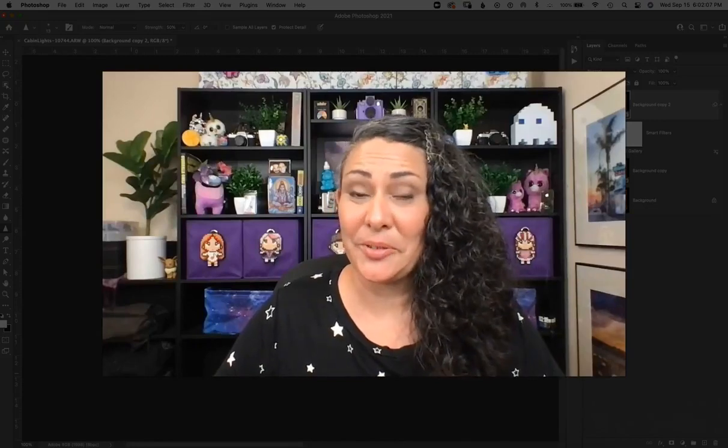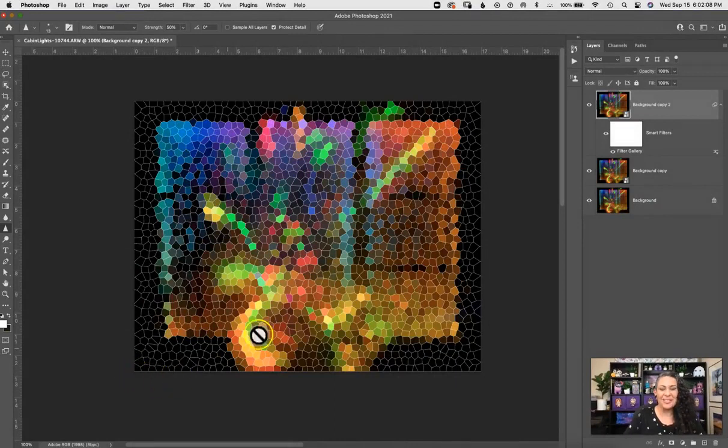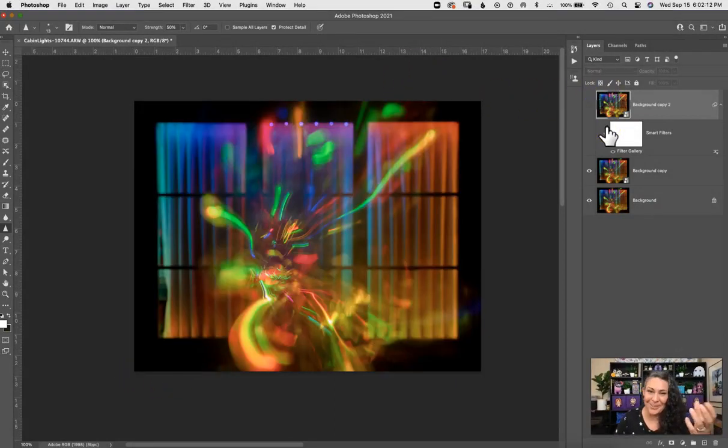So next we're going to be looking at the Liquify filter. Now, I blame the Liquify filter for a lot of the reasons that people have gotten mad at Photoshoppers in the last 10 years. When used wrong, it is responsible for a whole lot of bad images that have come out